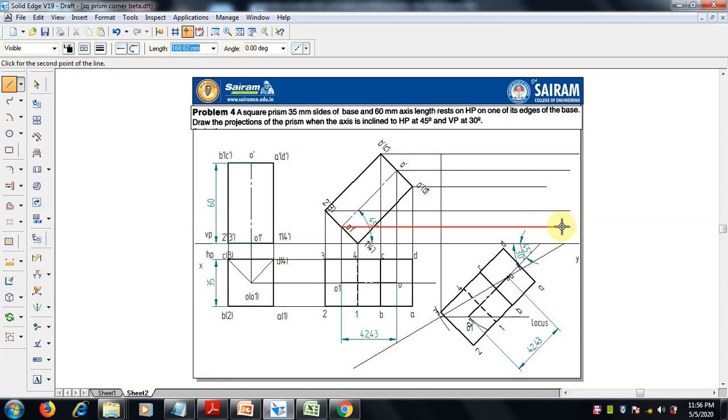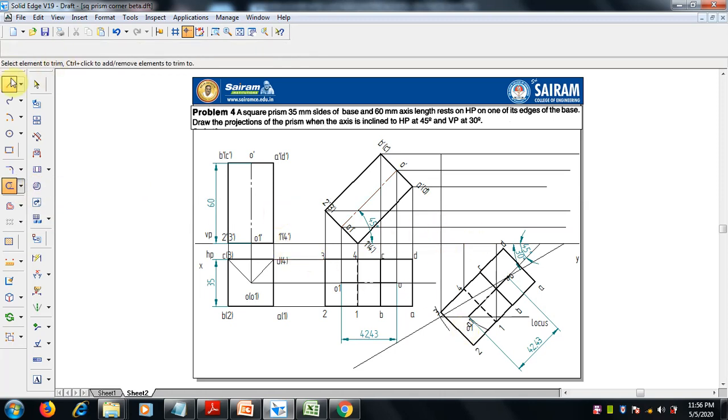Select the end properly, the end line, then it is over. Axis and 1, 4 will come here. Now the bottom base 1 will come here, and 4 to 4, also on this line. If there are any disturbances, just draw vertically, and then using the trim command, we can trim it off. This is trimmed.